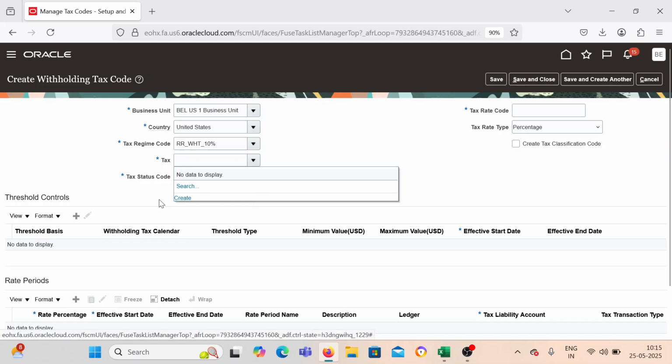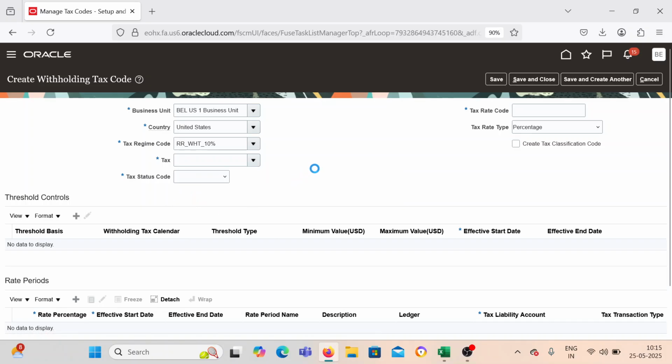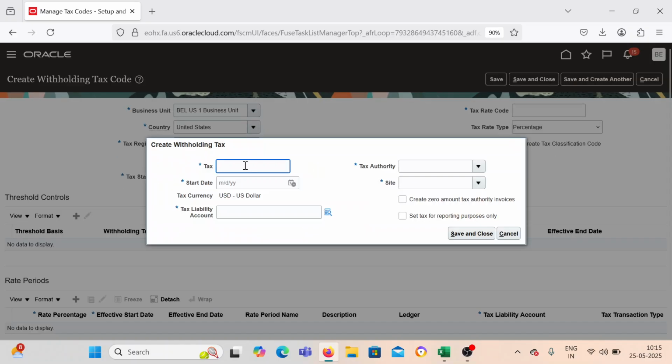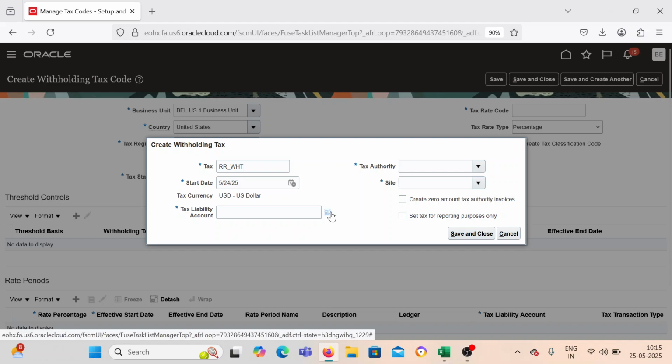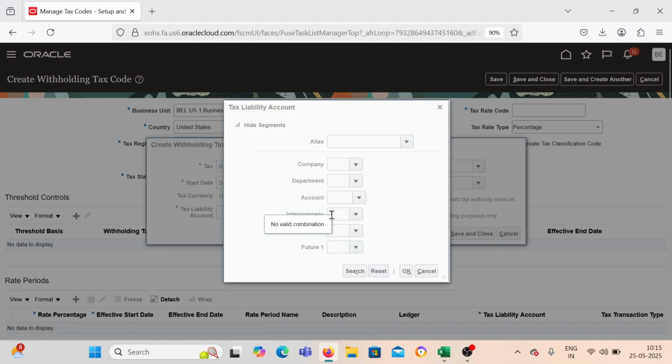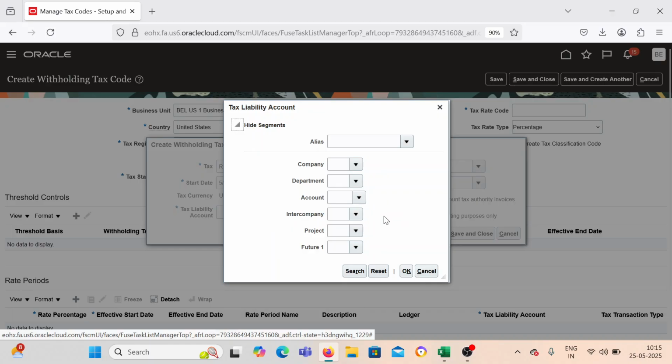The tax also we need to create. Give RR withholding tax. Start date again we need to give it as one day before, and select the tax liability account, from which tax liability account it's going to pick. See, mostly for normal liability, it is going to pick it from the common option. For tax liability, for withholding tax liability, it will be picking it from this area. So, tax liability,